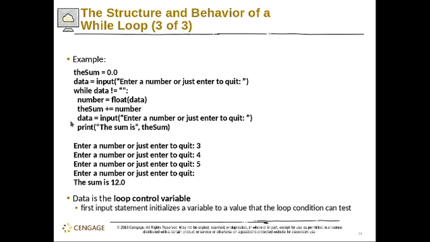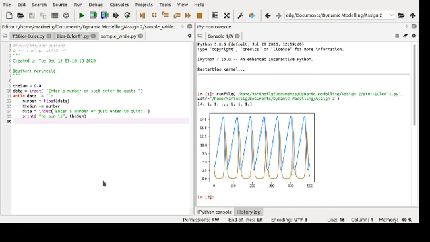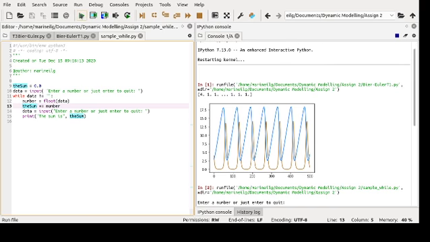So let's look at this sample while loop that we have. So I'll switch. Okay, so this is the sample while loop. Basically it's just the one example. By the way, it wasn't seen in the presentation, but inside the while loop, the statements under the while are also indented. So let's run this one.